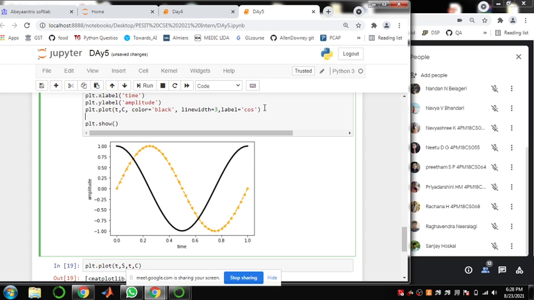Yeah, I need to mention here plt.legend. Sine and cos. Orange color one is sine and black color is cos. So legend will help us in applying a label to particular lines. When we have more than one line, legend will be of more use. Even for a single line I can give the names.